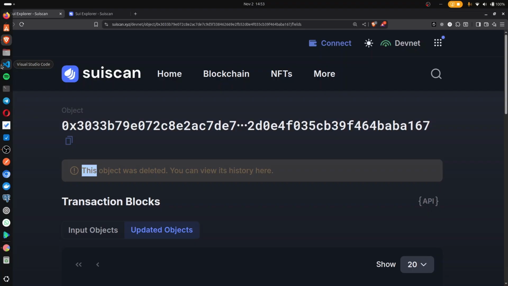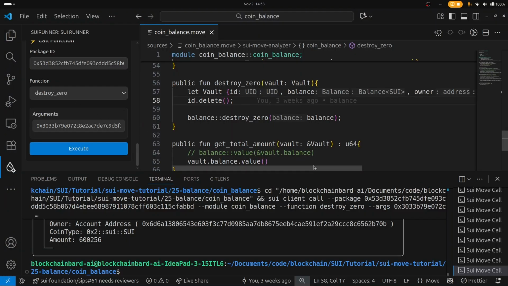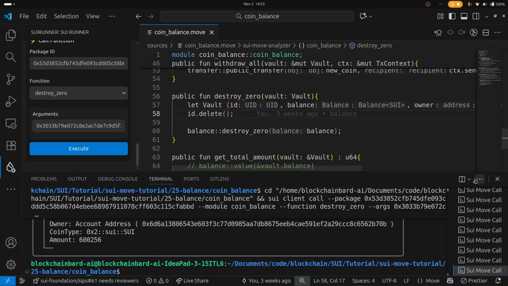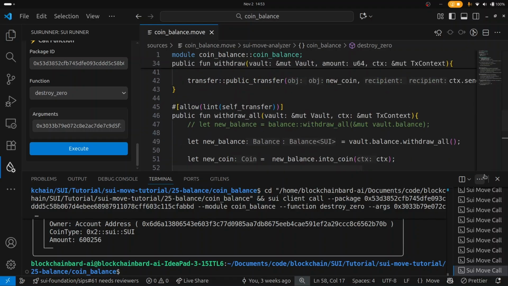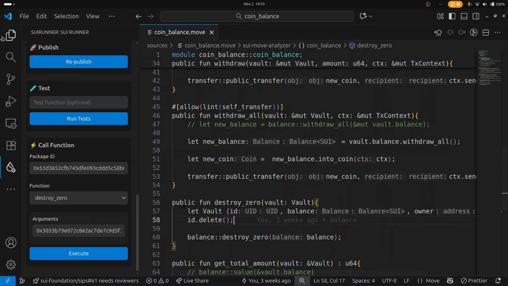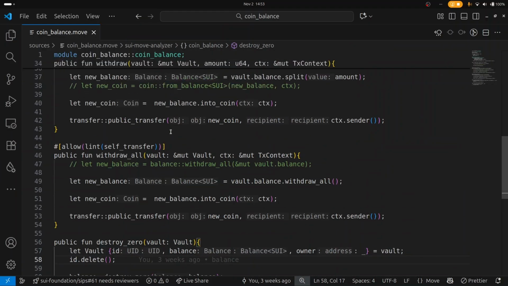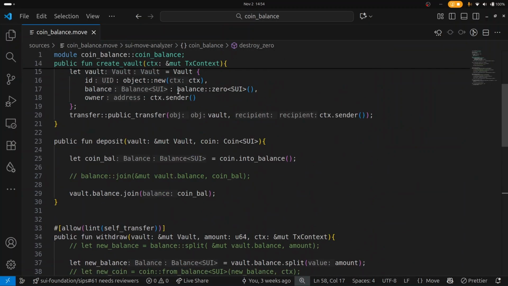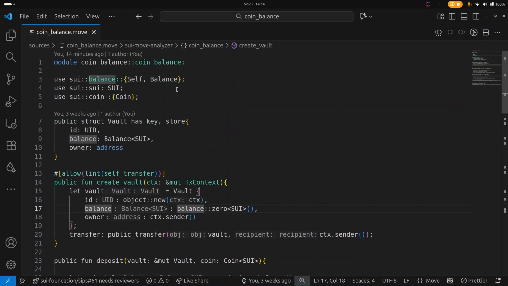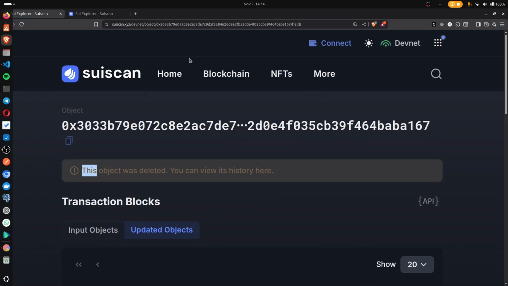So that's all about calling smart contracts. So right now, we're going to be modifying our smart contract again. Now, let me close this and close this. So now, what if I wanted to deposit another coin? We have different coins. Come to my explorer right now, come over to